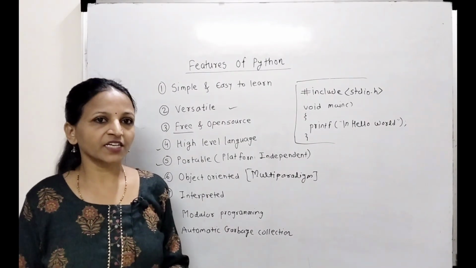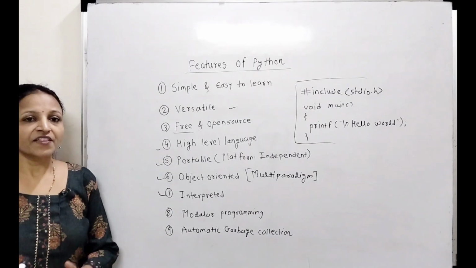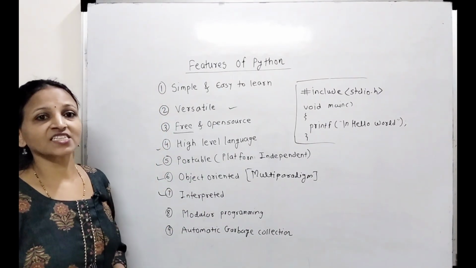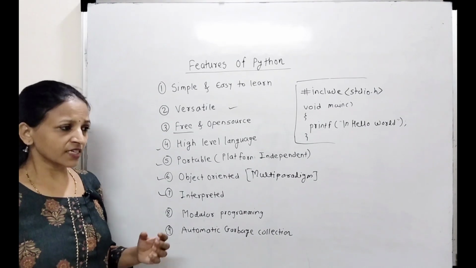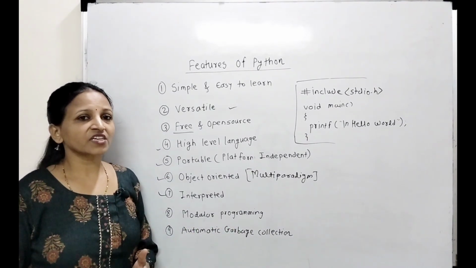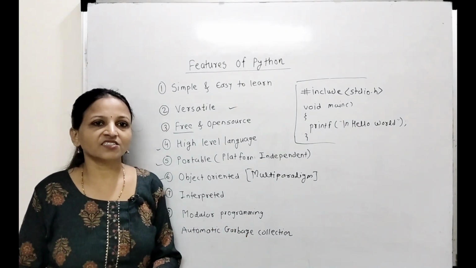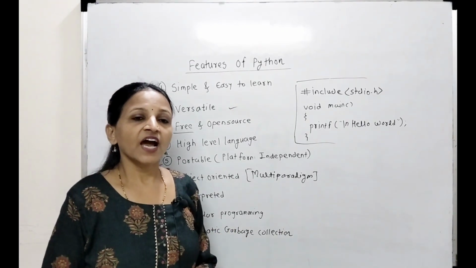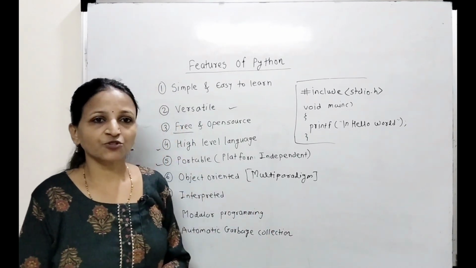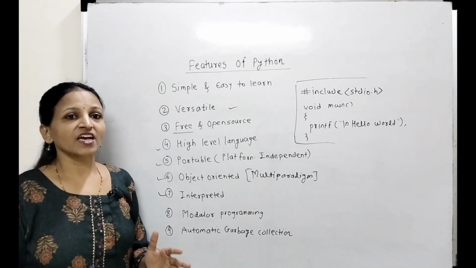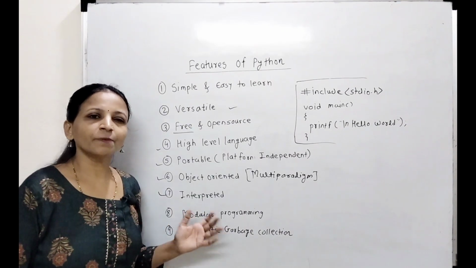Actually whenever you write any code, that is a source code, that should be converted to machine language code for execution, and for that task language translators are used. There is a compiler, an assembler and an interpreter. Those are working as language translators. Suppose you are writing a program in Python, then that will become a source code and should be converted to machine language code, and that task is done by the Python interpreter, and that's why Python is called an interpreted language.